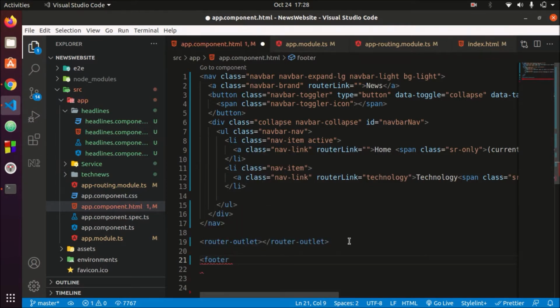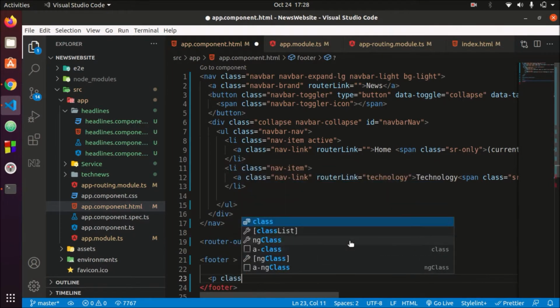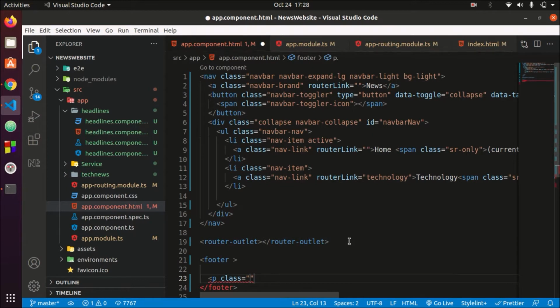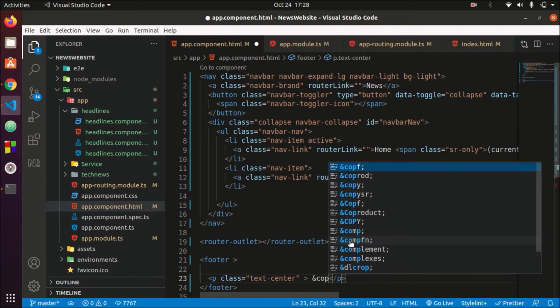Now let's have some content here. Let's have a paragraph with class. I hope you know the meaning of class and IDs and etc. So text center will show the content in the paragraph tag on the center of the page.